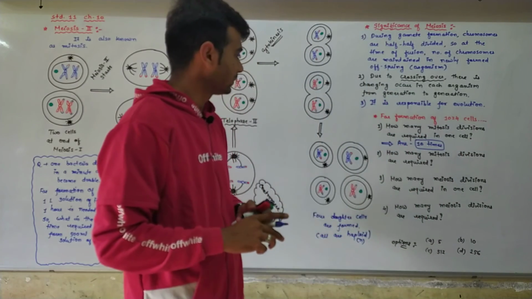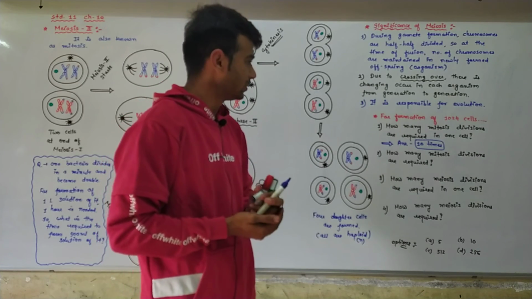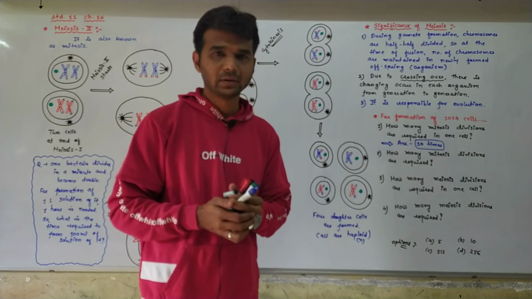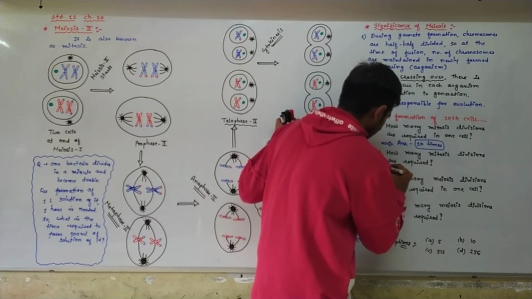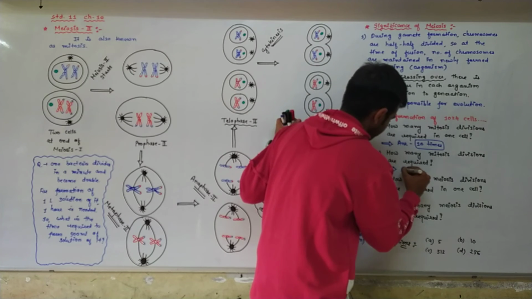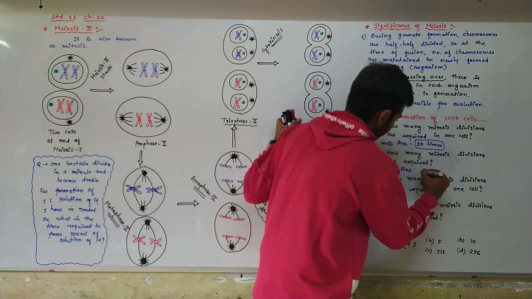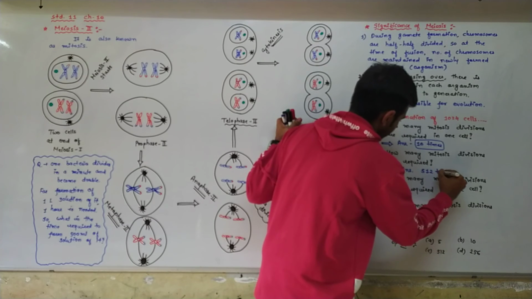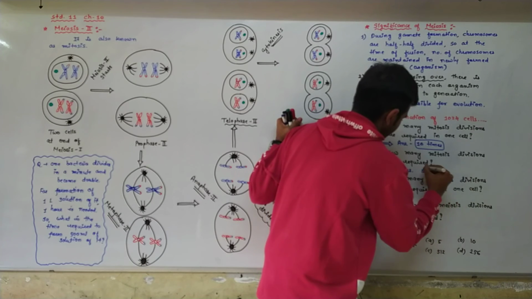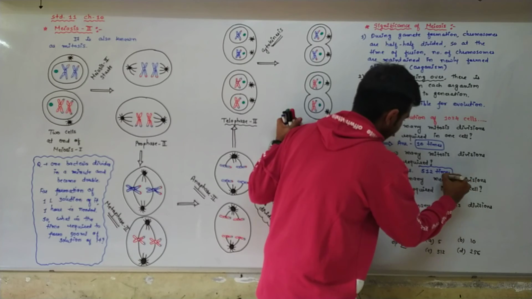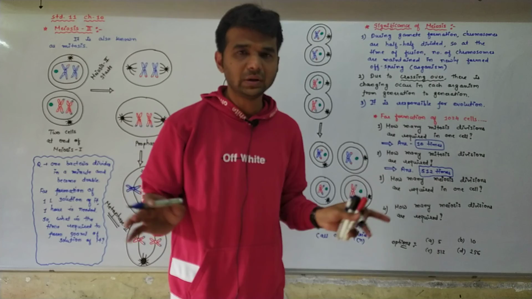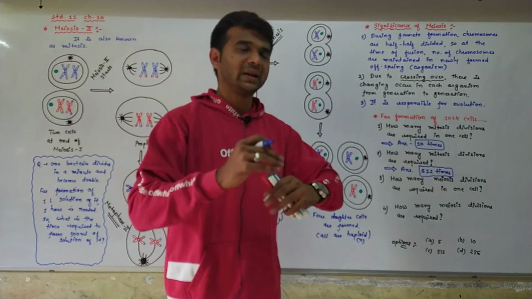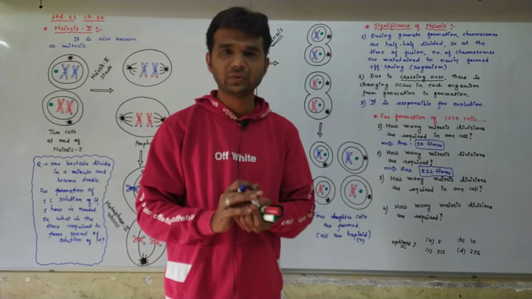Okay, but here in the second question, one cell is not given. So how many mitosis divisions are required? So the answer is 512. So we have to take 512 cells, and simultaneously in all cells mitosis occurs and produces the 1024 cells.